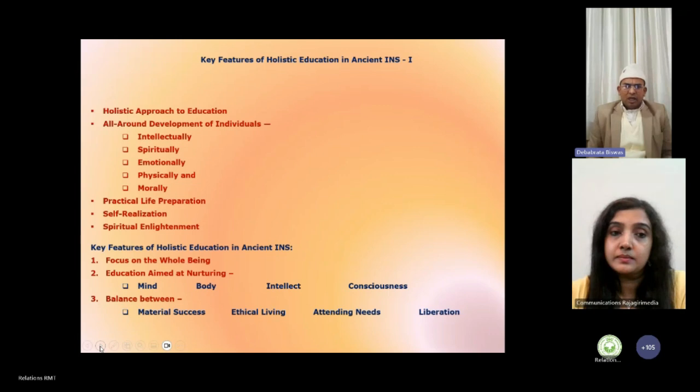Here, so many metaphors, so many anecdotes, so many examples from our ancient history and modern history can be given. But because of the time limitation, I am moving forward. During the question answer, we will discuss. Still, one story is coming to my mind. Mata Arundhati, the wife of Guru Vasishtha, used to stop Ram and all three brothers from going to the jungle, to the forest, to collect wood.